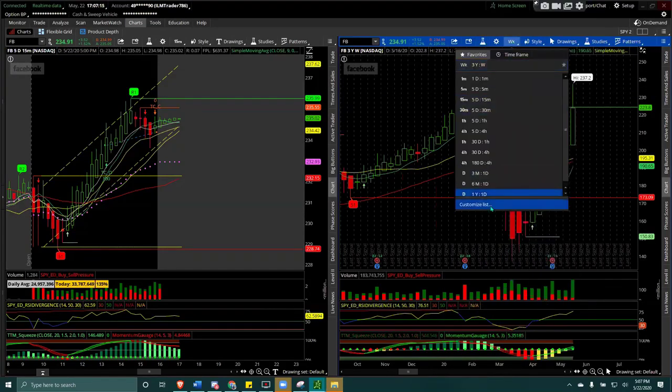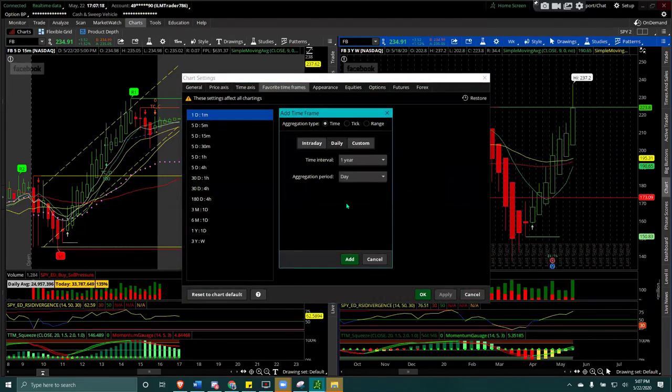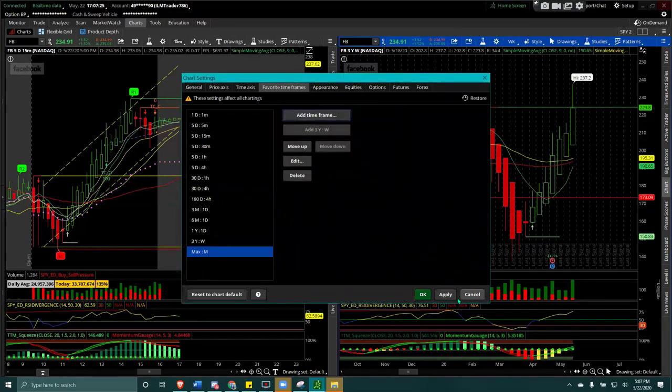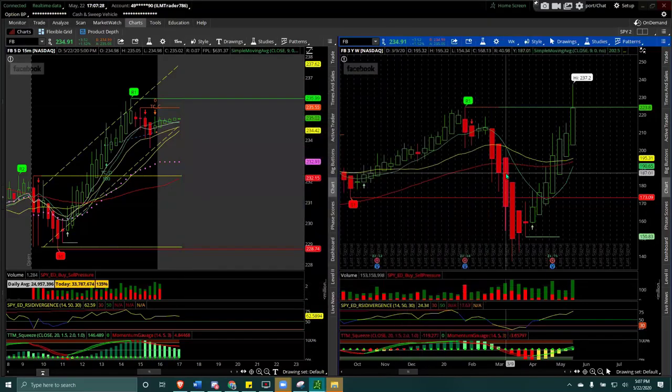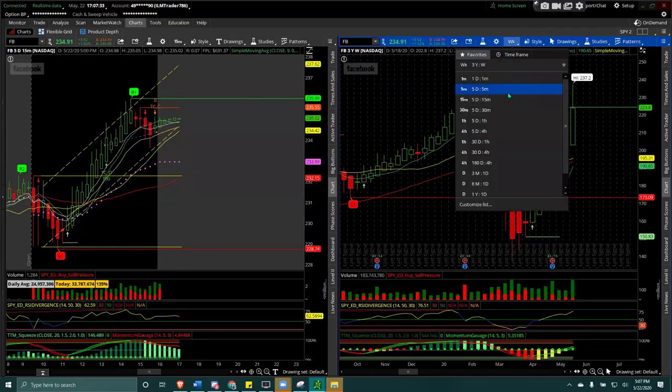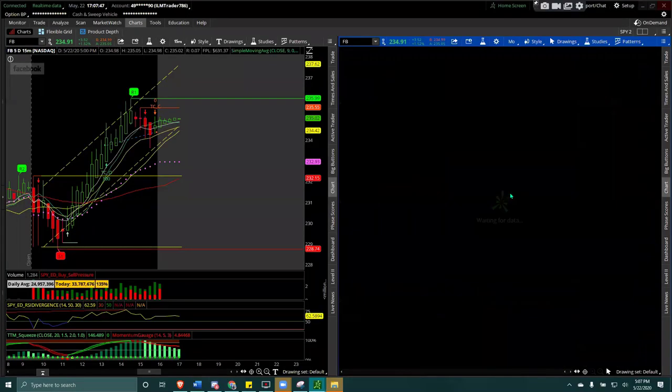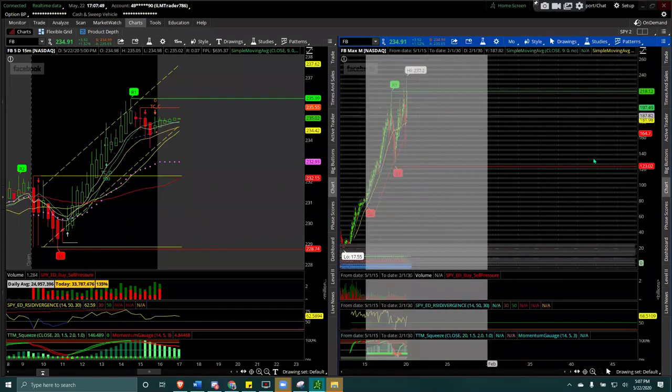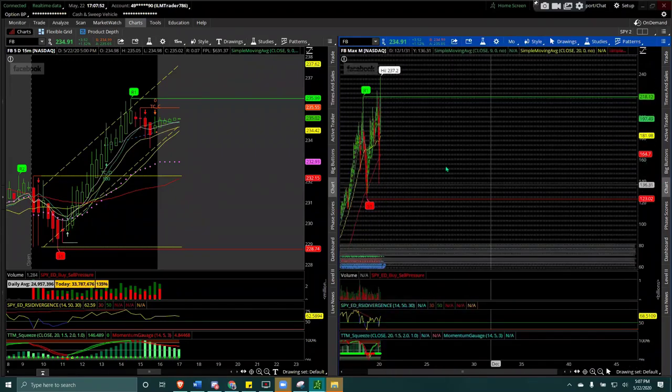So if I want to change my timing and do a longer term, obviously you could always customize it and do add time frame and then do max available on a monthly. So you see your monthly chart. So this should be your key time frame if you want to see long-term stocks, whether you buy any stocks or something that pops up on news, but to solid buy, for example, Apple, Facebook, Amazon, Boeing, those you could always use longer term frame. It gives you a clear picture.